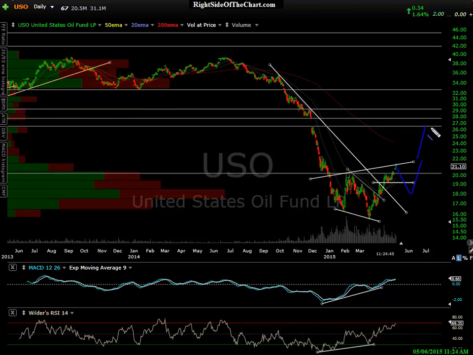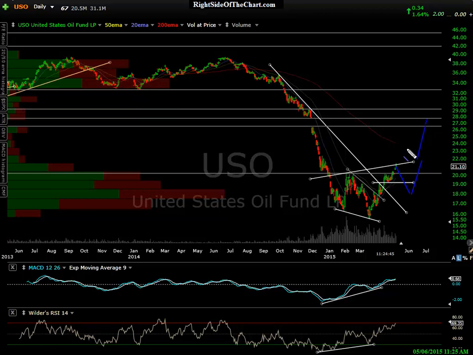As I've stated before, my minimum longer term upside target on USO is somewhere here around the 26.5 level. There's a bottom of a gap right there, which is almost a magnet to be filled if we get up in here and start filling this thin zone. And if prices clear that, we'll probably just move up to the top of the gap. And at that point, I would have probably lost interest in USO.